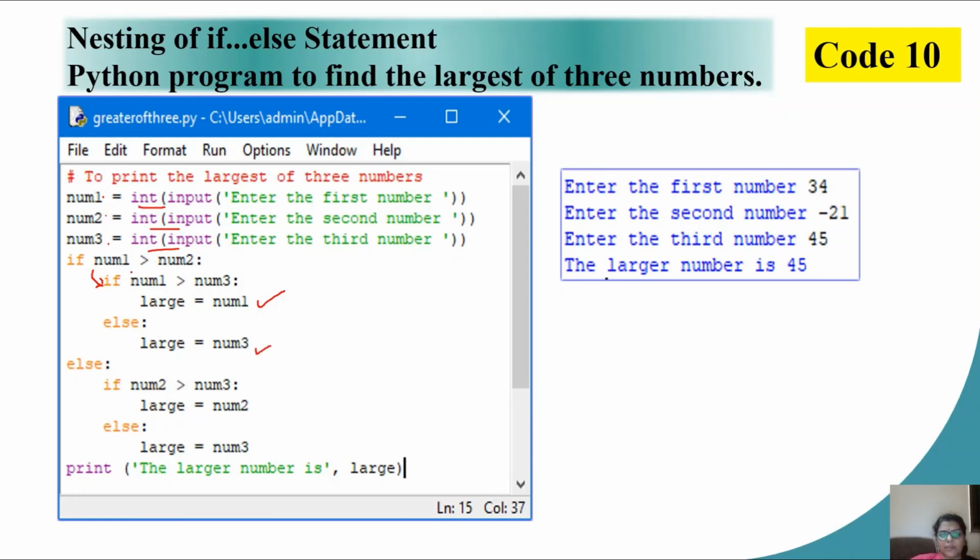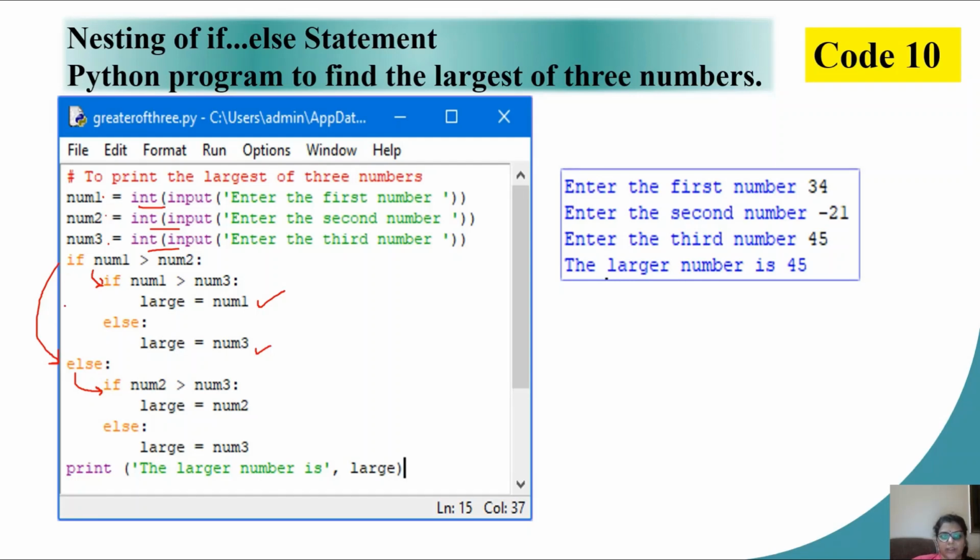What is going to happen if num1 itself is not greater? The num2 is greater. In that case, I move to the else part. Now I need to have a comparison between the second and the third number. So I write my next if condition, the nested if one. Children, please take care of the indentation as well.